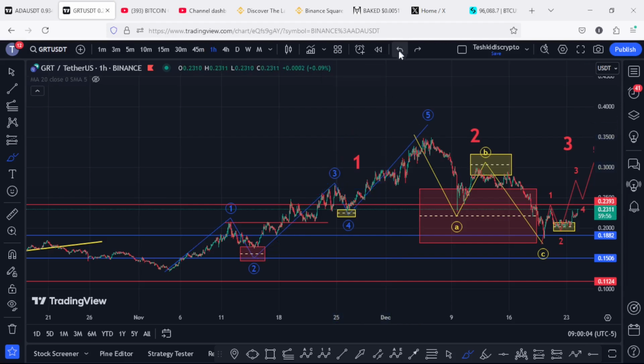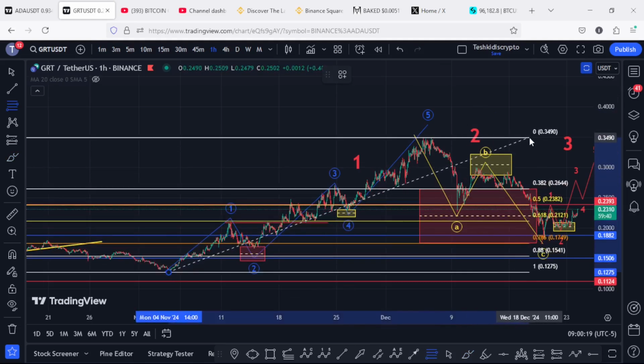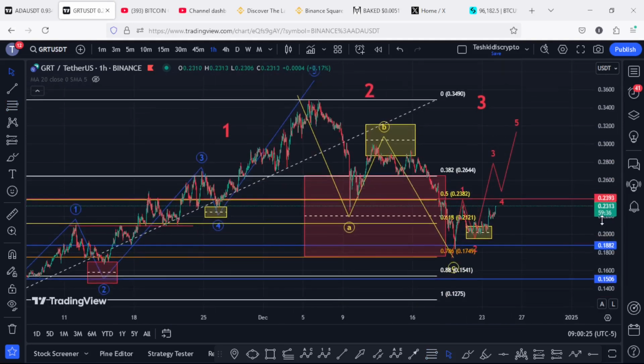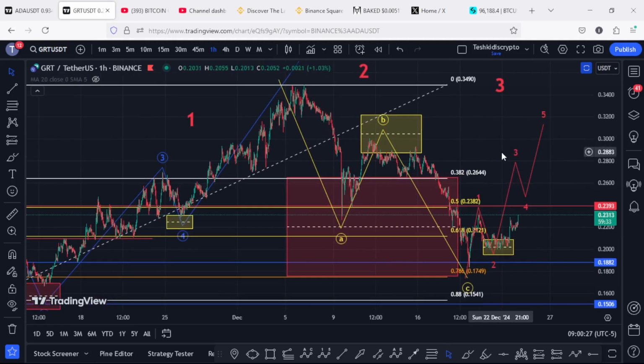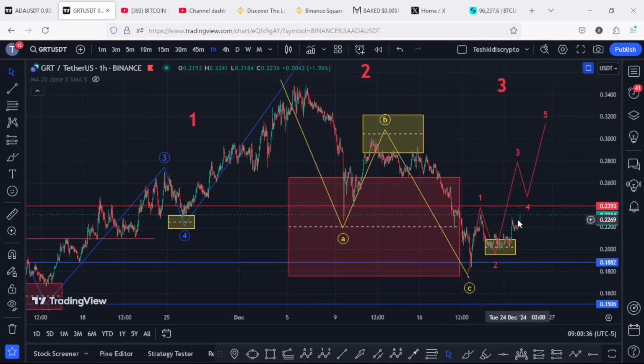And having peaked in the formation of that first wave, I expected a bit of a short-term pullback in the formation of a larger Elliott wave count 2, whose minimum target areas I came up with by connecting the fibs from the lows we made down here in the formation of that wave 1 to the high above the 0.35, giving me a minimum pullback target area between the fib level 0.382 and the 0.786, an area that we have now fully maximized. And there are high chances that we have a low in place in the formation of that